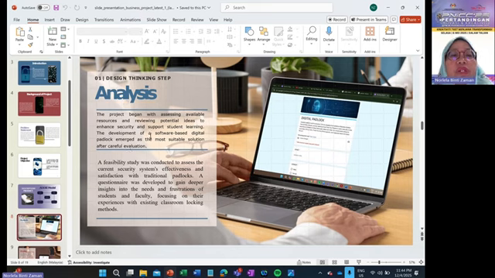The development of a software-based digital padlock emerged as the most suitable solution after careful evaluation. A feasibility study was conducted to assess the current security system, effectiveness and satisfaction with the traditional padlock. A questionnaire was developed to gain a deeper insight into the needs and frustrations of students and faculty, focusing on their experience with existing classroom locking methods.